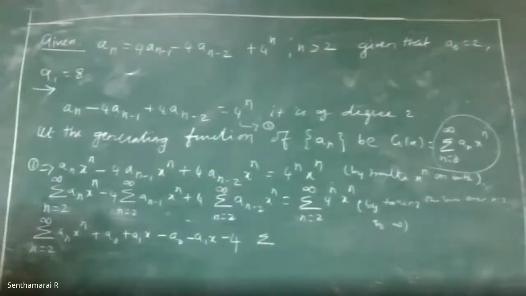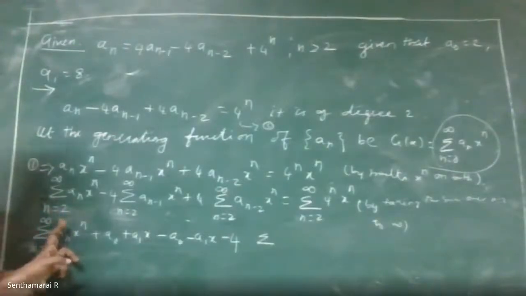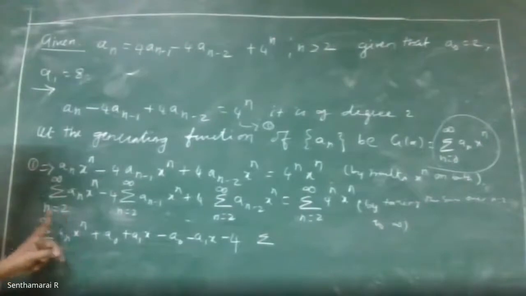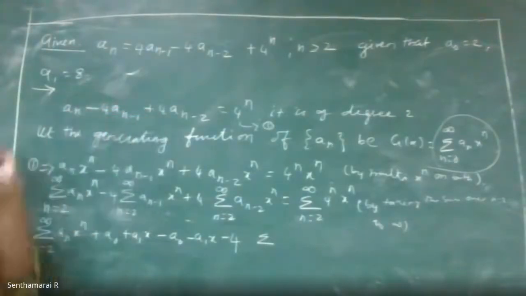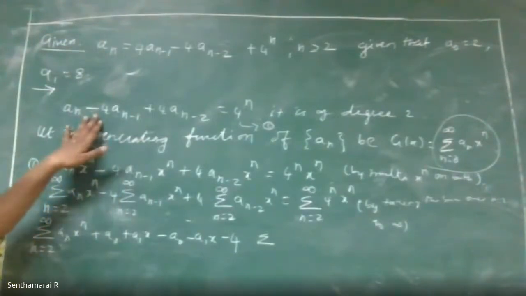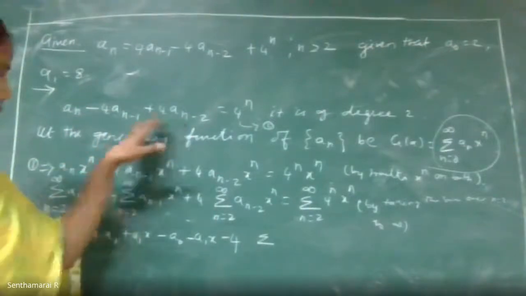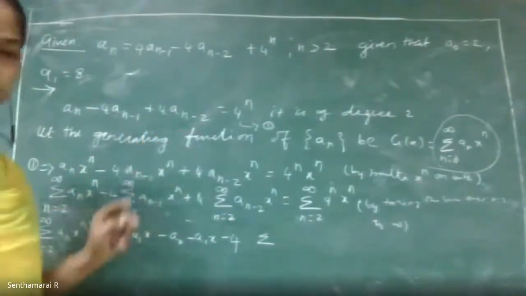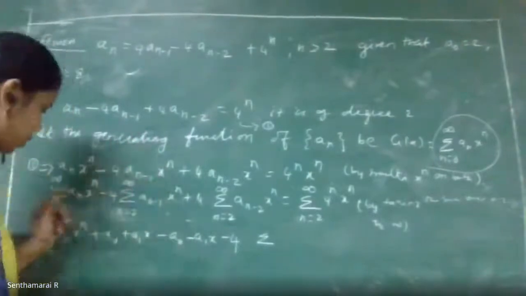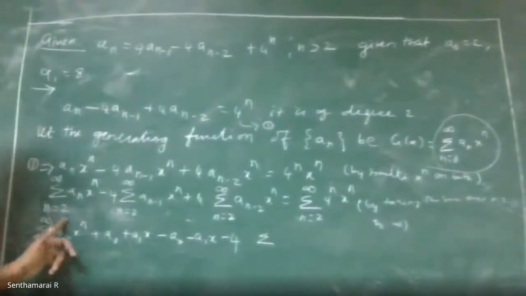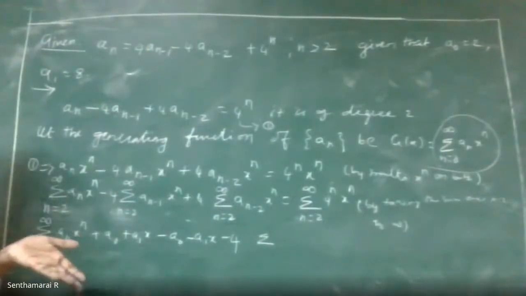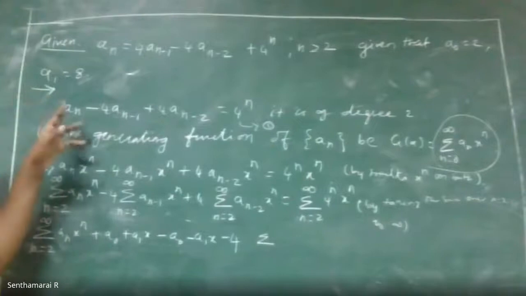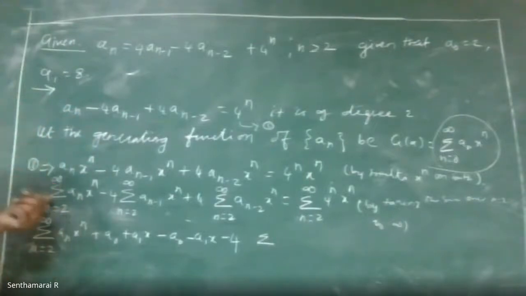That's why I told you, when you take the summation, you have to take the starting value of n as the order of the recurrence relation. Repeatedly I told you. What is the order? Highest term minus the lowest term. So n minus (n minus 2) is equal to 2. So the order of this recurrence relation is 2, and you have to take the summation over n equal to 2 to infinity. In the previous problem I did in the last class, its order is 1, so I took the summation over n equal to 1 to infinity in that problem.